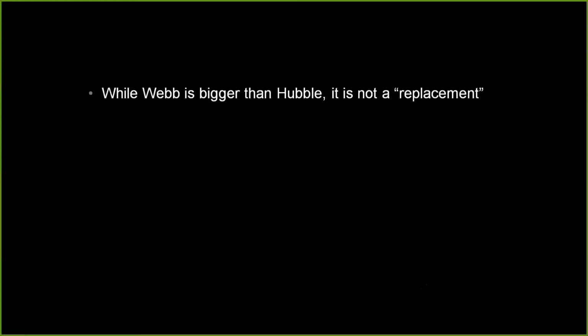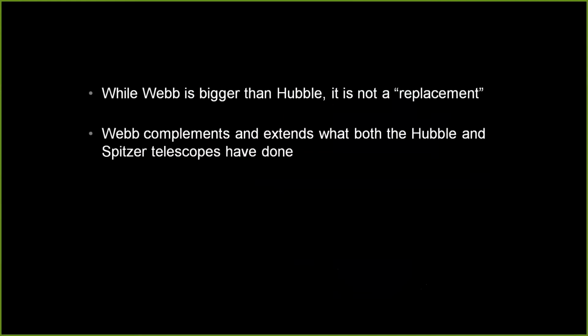But I want to reemphasize the Webb is not a replacement for Hubble. Actually, we hope that Hubble will go a few more years and that there'll be some overlap so that they'll complement each other. It extends what Hubble's done, what Spitzer has done. But what this means is that the Webb telescope really needs to work at infrared wavelengths. And so